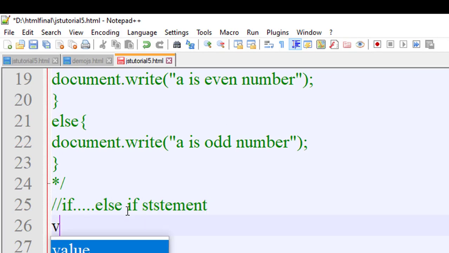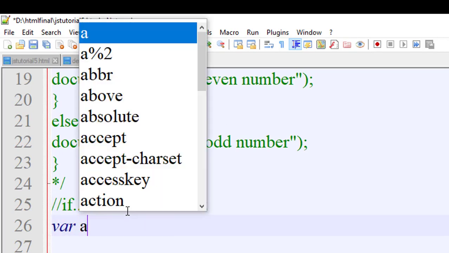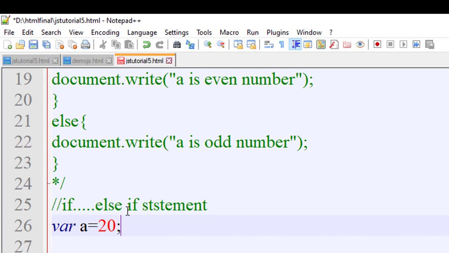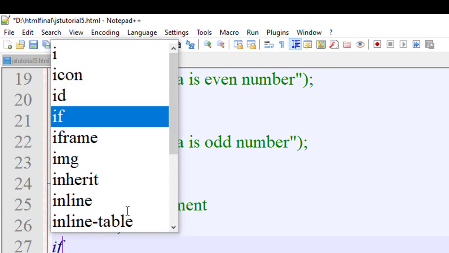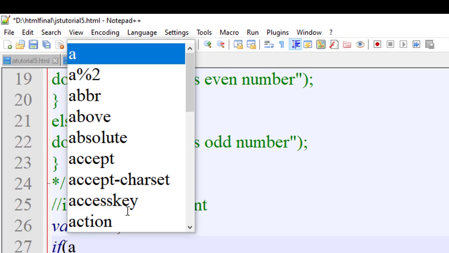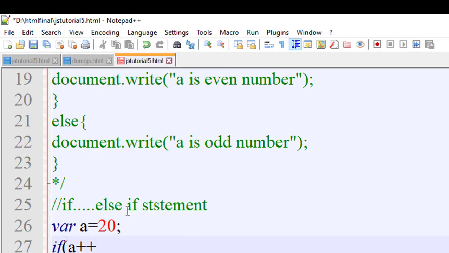Where a equals 20 semicolon. If, in parenthesis, a equal to 10. This is the comparison operator, right? The value of a is 20. 20 is equal to 10?